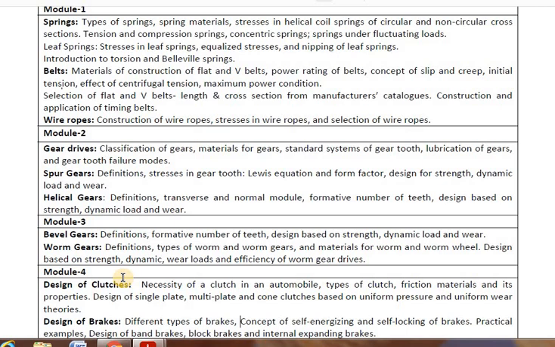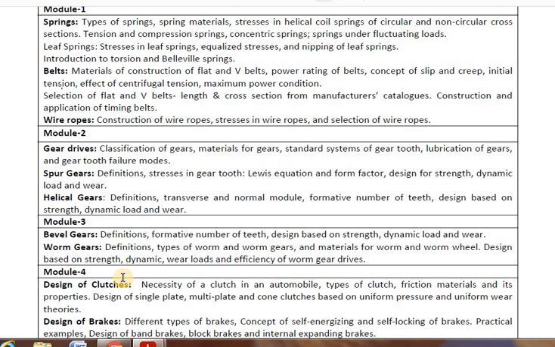Suppose the same vehicle you take to a hill station, where you are driving to the hill top. In that case, you require high torque to take the vehicle to the top. High torque means you are required to have slow speed. So for climbing the hill station, vehicles have to move slowly so that they give you more torque. That is what works out in this particular case. So taking care of all these things, you are going to design the gears.